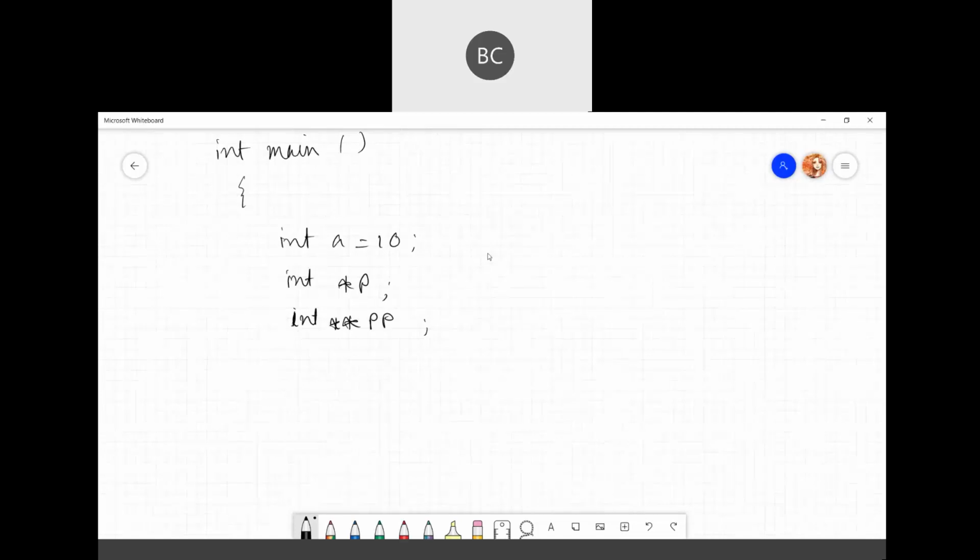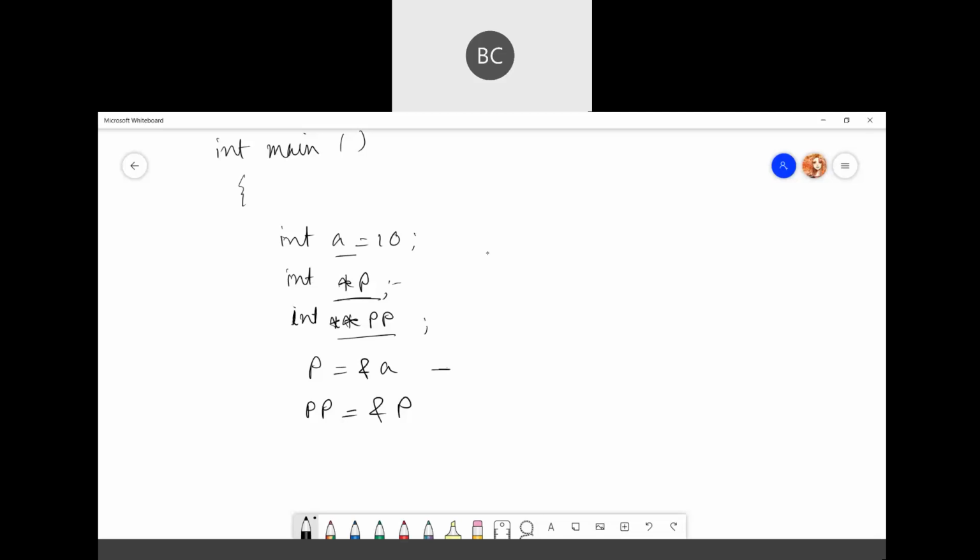Your pointer p is holding the address of a, and your double pointer pp is holding the address of pointer p. So p is pointing to the address of a, and pp is pointing to the address of the pointer p.